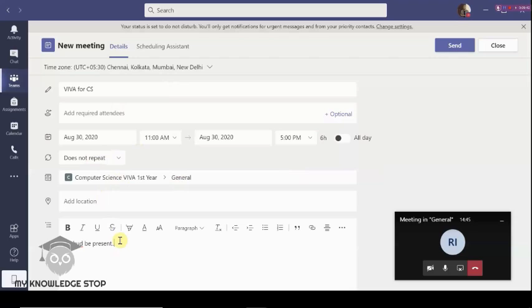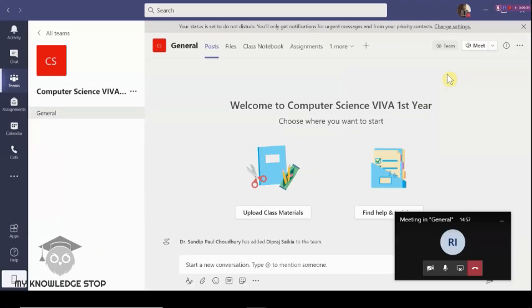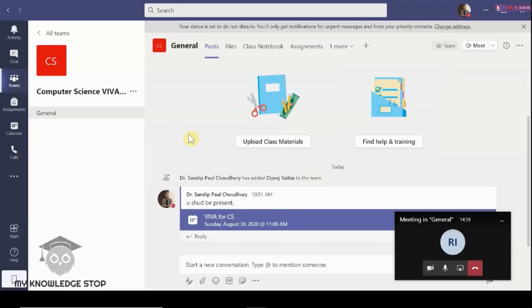Okay. We won't use Facebook language. I'll put something anyway. So we'll do this, and then we can do send. Once we do the send option, the meeting information is emailed to all the students. They receive the mail, and at the same time it is also posted here. So see, this is posted here. The instructions are posted here. This is there, and the date and everything is mentioned. So I have the meeting scheduled.